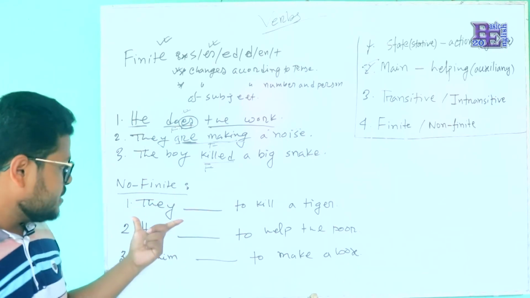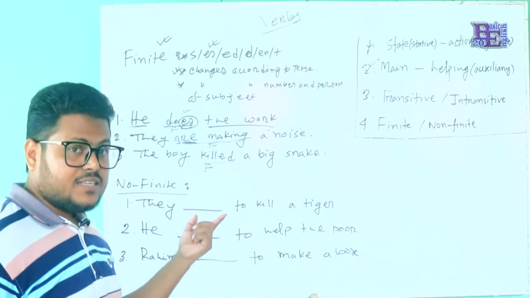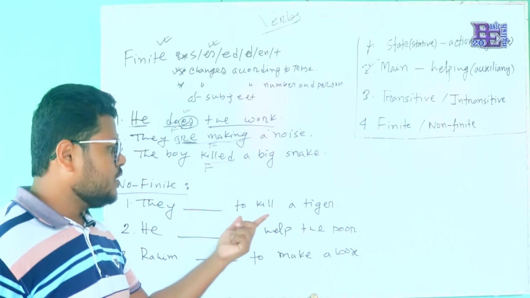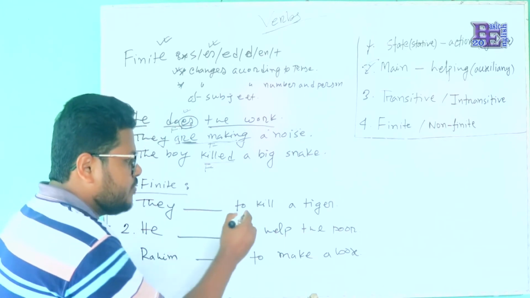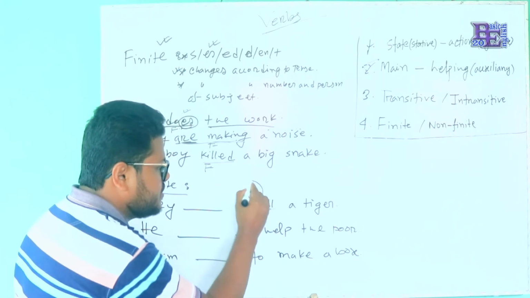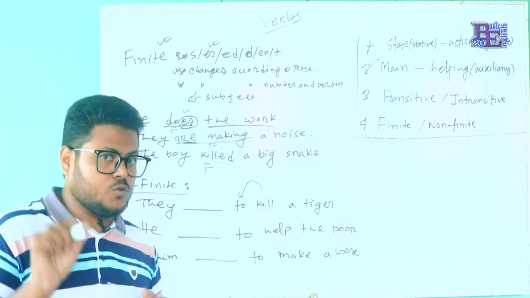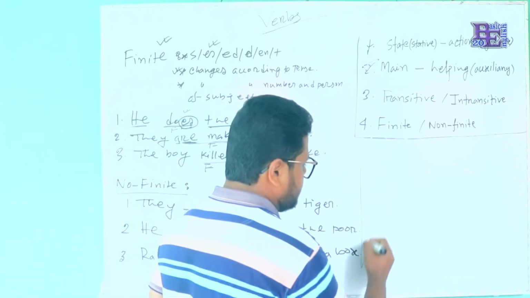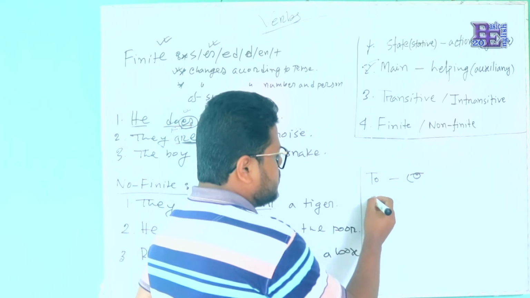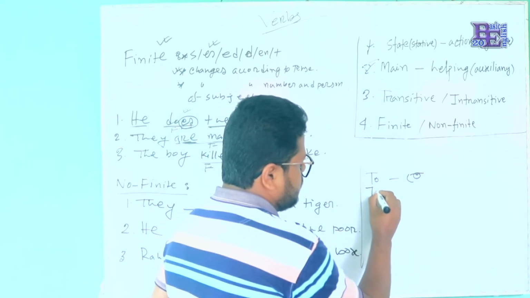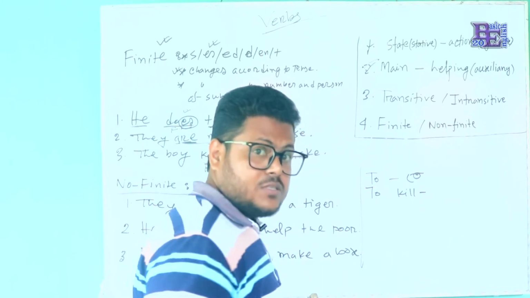So I have written here some other examples. Let's see. They dash to kill the tiger. You know, there is a blank here, and after the blank you will get a verb, kill, preceded by to. So let's talk about to. In case of to, to means the... If you just say to kill, that means